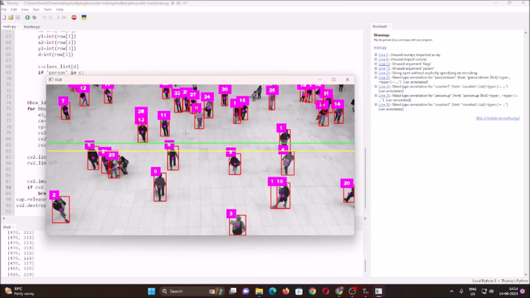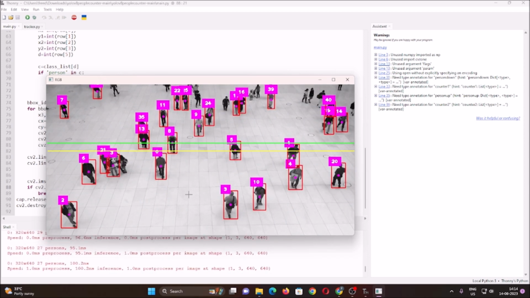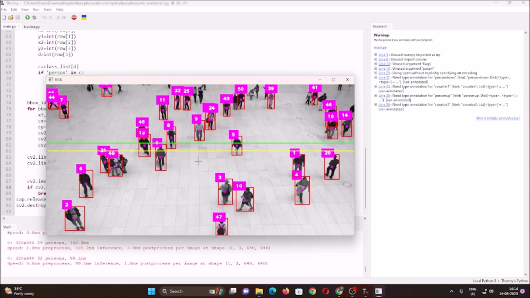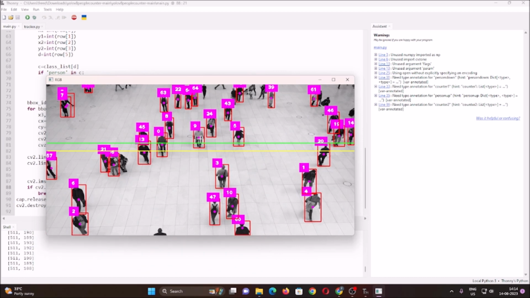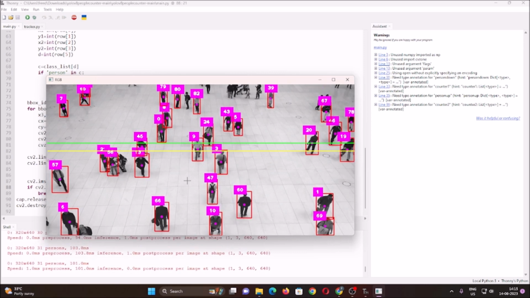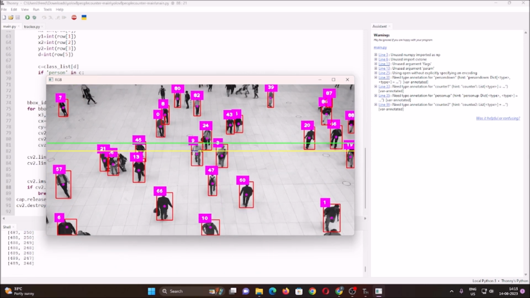as you can see friends, there is an id on each person. If I skip the frame one by one, watch for this person, we have 9, this is the id for this person. If I skip the frame one by one, there is still 9 id for this person. Watch for this person, there is still 9 id. It means our tracker is perfectly working, it's tracking this person continuously. There is still 9,